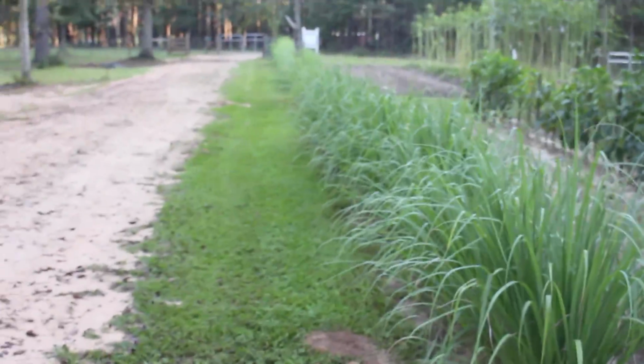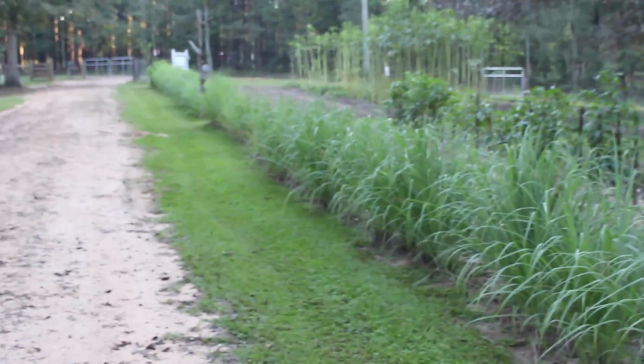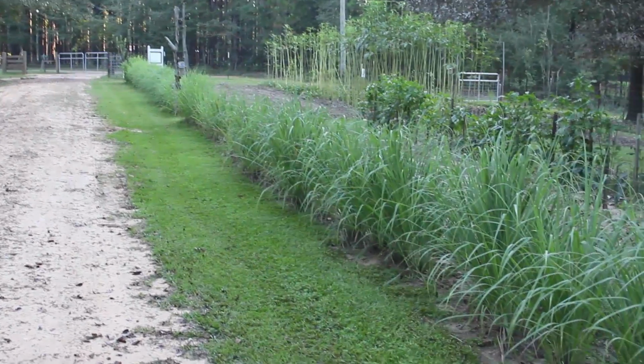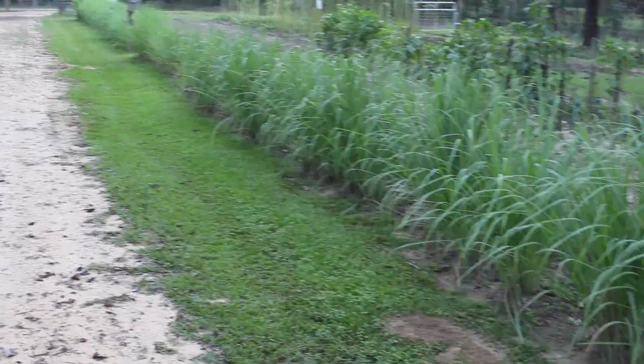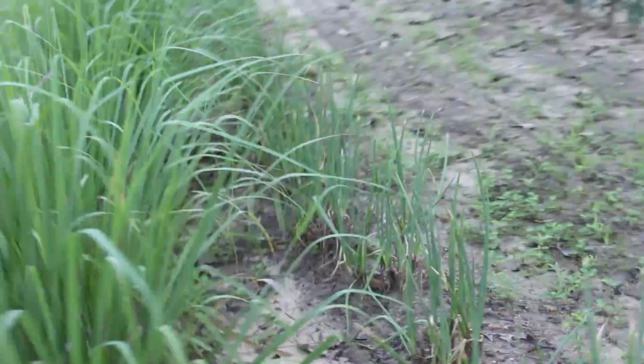The lemongrass is looking beautiful. It looks like it used to look after I dug it all up and replanted in the spring. It's looking beautiful. So maybe next year we'll have some more for sale, but right now I'm letting it grow. It looks awesome. Our Egyptian walking onions,